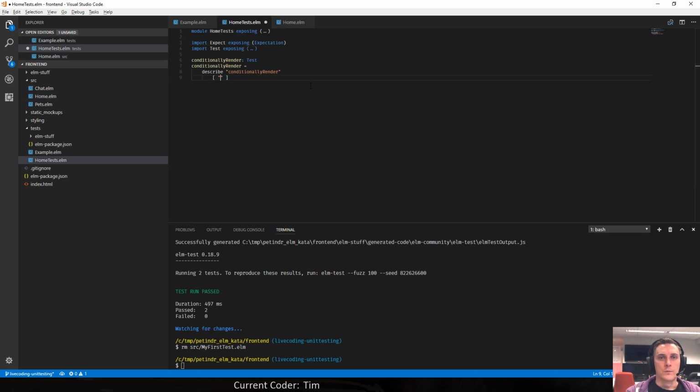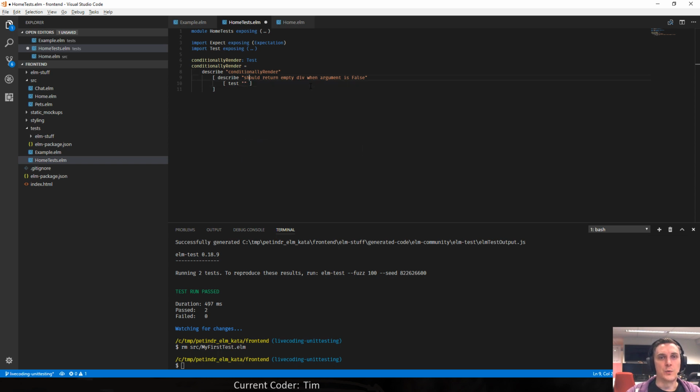So maybe we can say: should return empty div when argument is false. Like this. That should be a new describe, and this describe has a test.